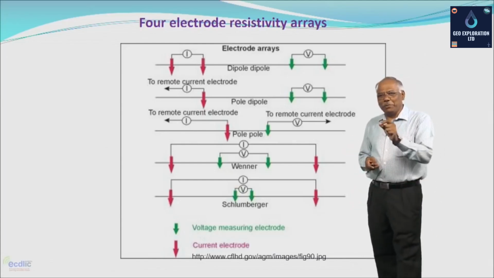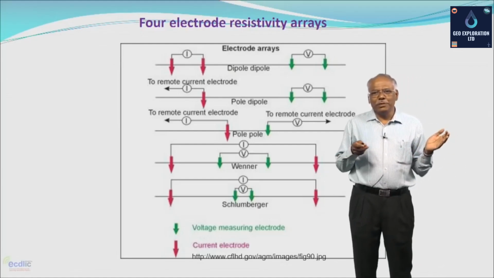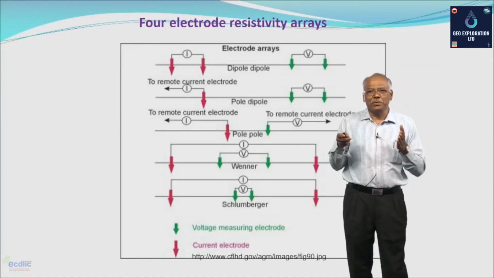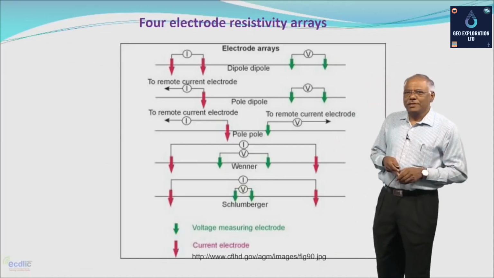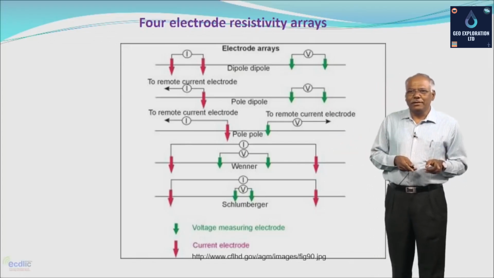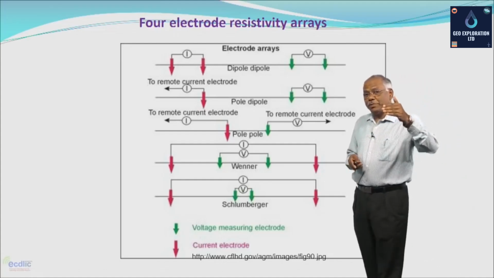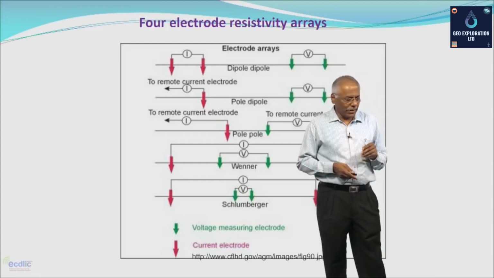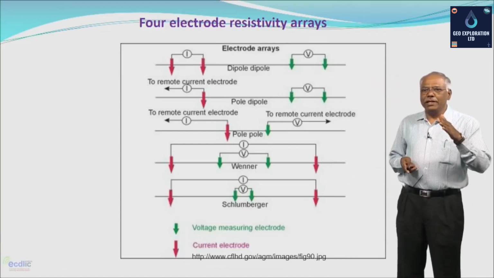Sometimes you have pole dipole. So, you have 3 electrodes, one of which is a current electrode and 2 are potential electrodes, and therefore, a pole dipole arrangement. Sometimes you have pole pole, 1 current and 1 potential electrode. Apart from these arrangements, the most popular arrangements of electrodes which are used in practice are the Wenner electrode configuration